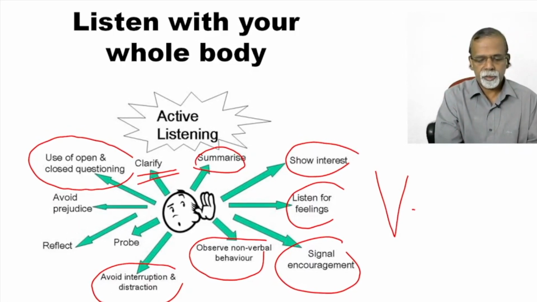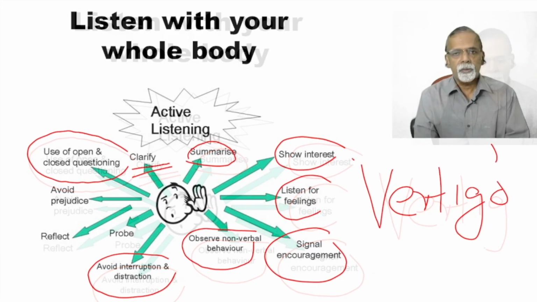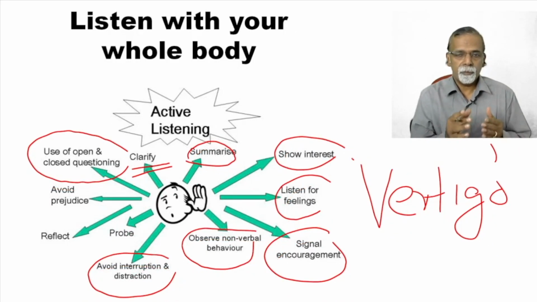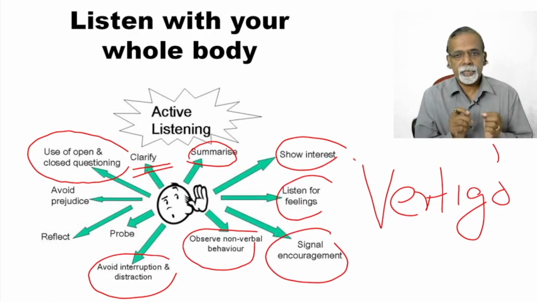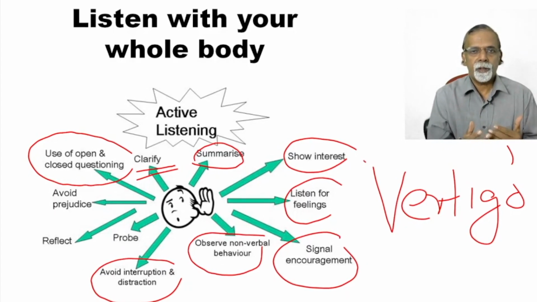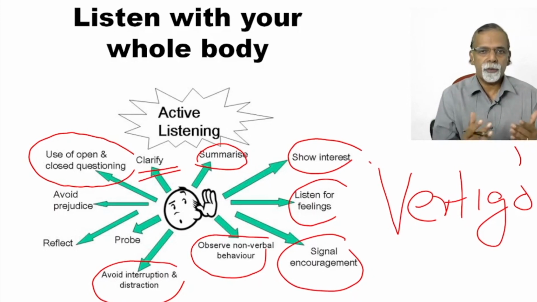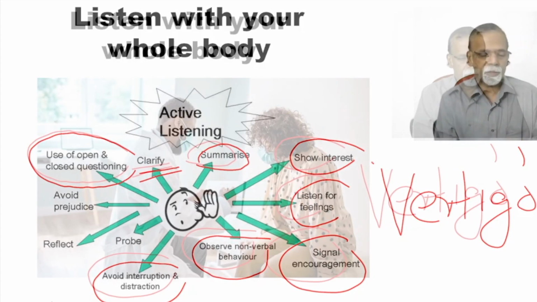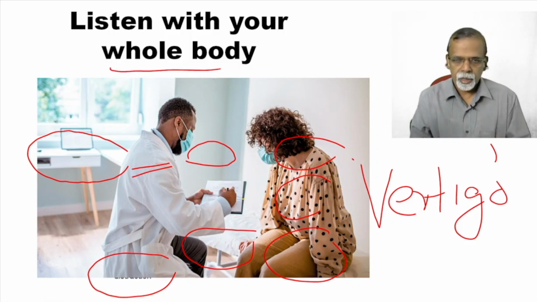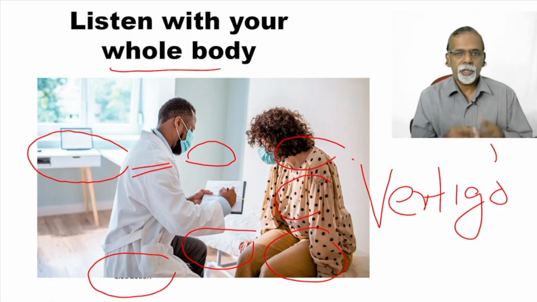A typical example is a patient may come and say they have got vertigo. Immediately we write it down as vertigo, but actually what the patient means by vertigo might be loss of consciousness. So when a patient says a technical term, always try to explain to the patient, okay, is it this? What do you mean by this? Okay, I hope it is clear. As said earlier, listen with your whole body, leaning a little, eye contact, turning the head and showing your facial expression. All these help to give an impression that you are interested in the patient.